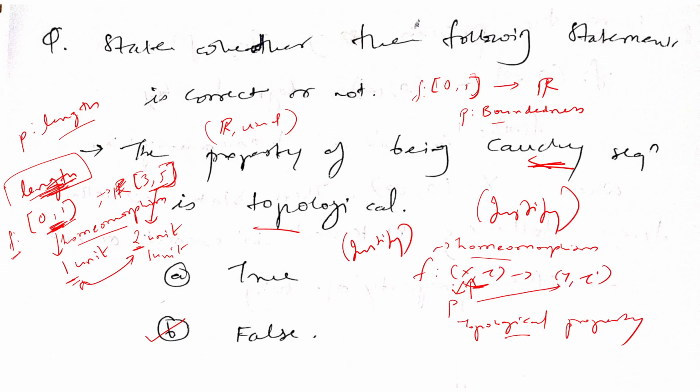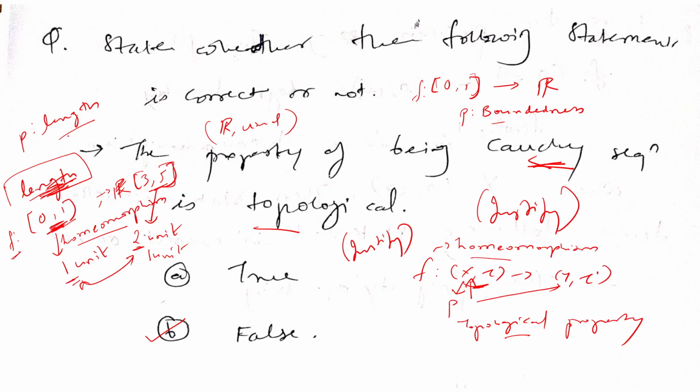If you are taking f from (X, τ) to (Y, τ'), any property P is a topological property if it is satisfied by X and it is also satisfied by Y. So if f is a homeomorphism from (X, τ) to (Y, τ'), then it is a topological property if the property is satisfied in (X, τ) and the same is satisfied by (Y, τ'). Here, if you are taking a function from the closed interval [0, 1] to the closed interval [3, 5]